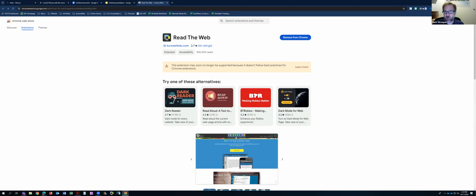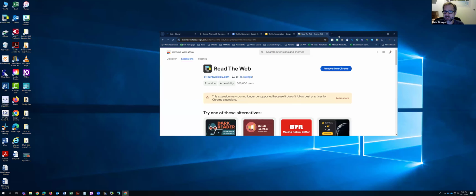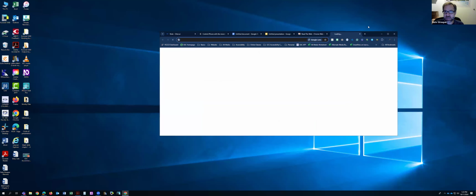Mine says remove from Chrome because I already have it. But in the upper right corner, if I were to turn it on, I'm going to, sorry, I should have been prepared with one more tab. So I'm going to find an article to read